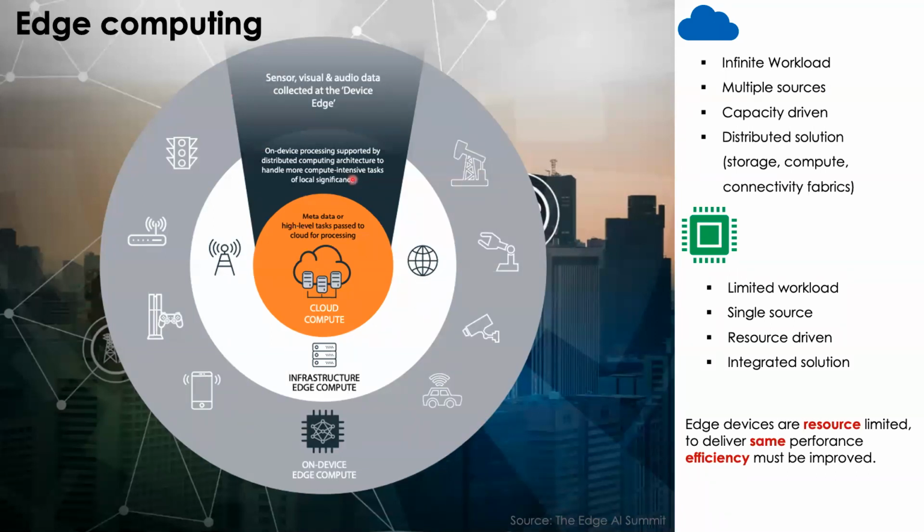What you see here in the namesake, the edge is essentially where the data is. Almost all devices that you can think about can be classified as an edge device or an edge computing device. All your physical devices, your sensor devices, your visual and audio devices that are collecting vast amounts of information continuously, for example, a mobile phone, even a car or a robot that is disconnected, let's say, from a centralized source of information, but has some form of capacity to gather information on the device itself, would be classified as an edge computing device.